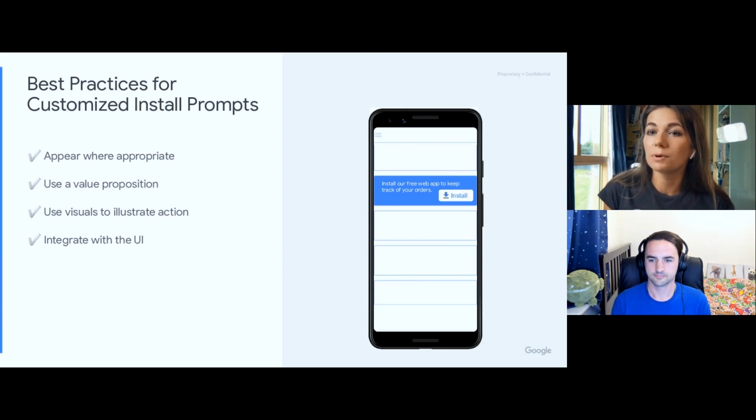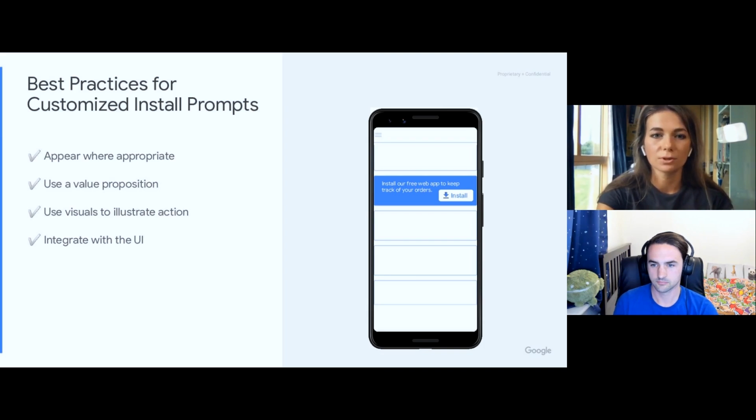You should use a value proposition, right? It's no secret that all people need motivation to complete any task. You can use visuals like icons or maybe small illustrations to illustrate that action. And then having the install prompt designed so that it looks and feels native to the website is very, very important. And we are going to have a look into a few examples.